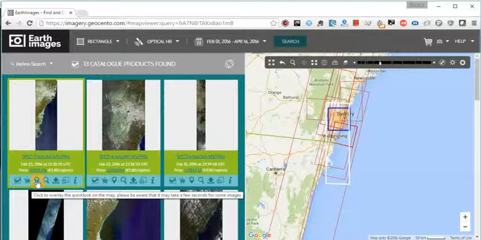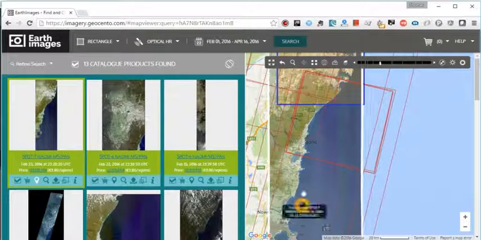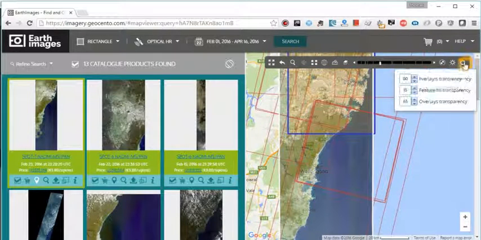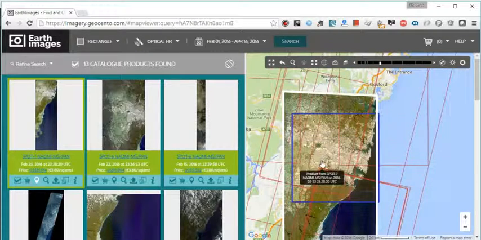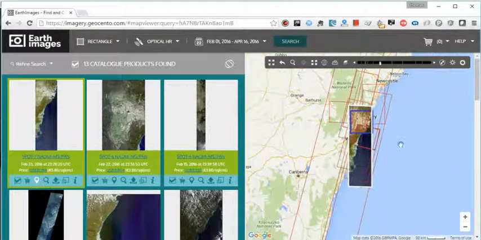You can actually display the image in the map. The image gets displayed in the map. You can see it with a certain transparency, so this is something you can customize. If you decide to, you can set the overlay transparency to 100 so you can see it very well. You can zoom. You can export it in shapefile or KML. You can view it in another facet of the application,